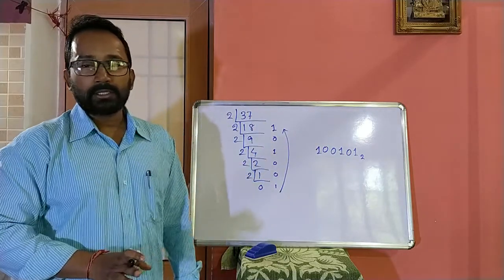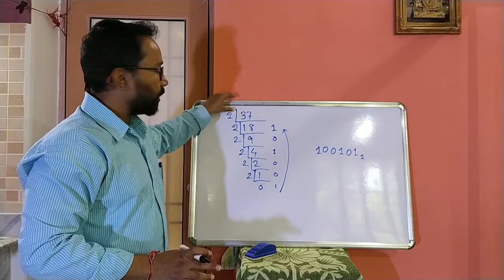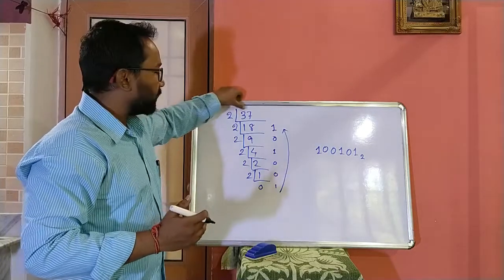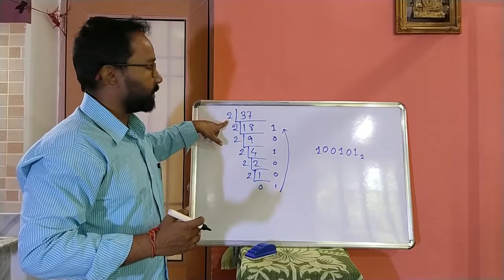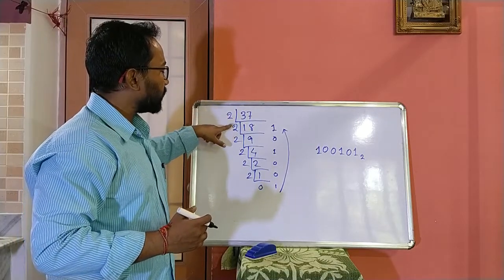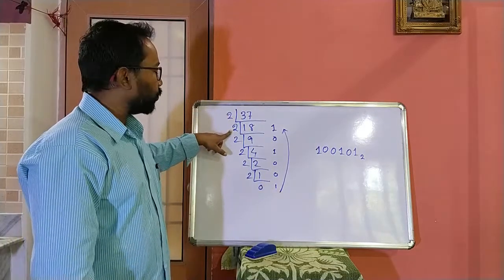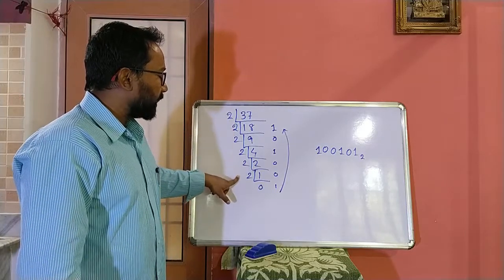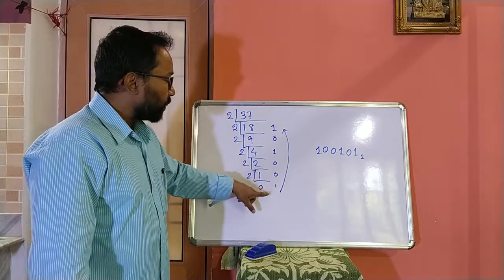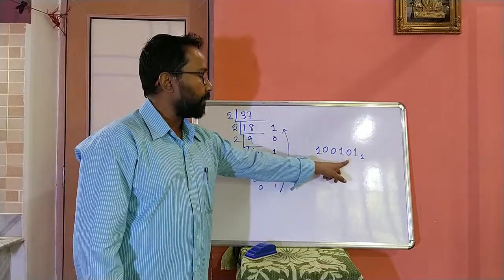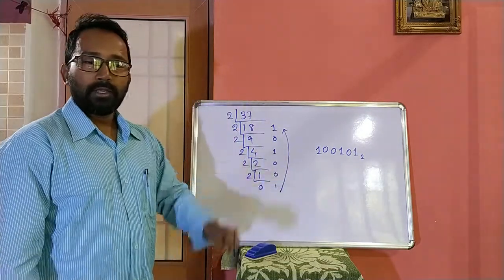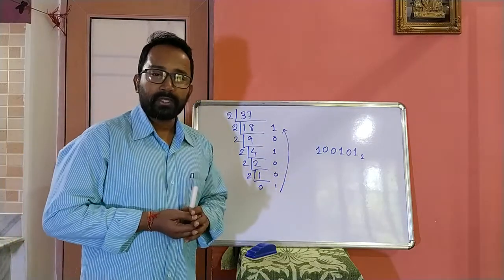Understand, it's very easy. Repeatedly we have to divide the number by 2, as we are going to convert this decimal number to the base 2 number system, meaning the binary number system. What quotient we get, that quotient again we have to divide by 2. This process will continue until we get the quotient 0, and all the recorded remainders we have to read from bottom to top in reverse order to get the binary equivalent of this decimal number. So understand decimal to binary conversion.